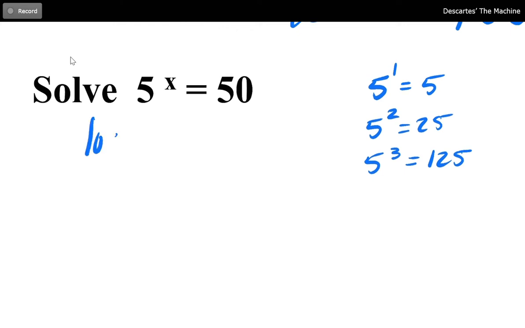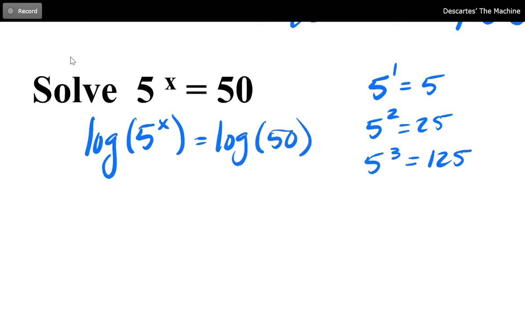Well, let's do the logarithm, the common logarithm, so it's base 10. Log of 5 to the x has to equal log of 50. Now, this does not mean log multiplied by 5 to the x. It's not log times that, even though we are using parentheses. Logarithm is